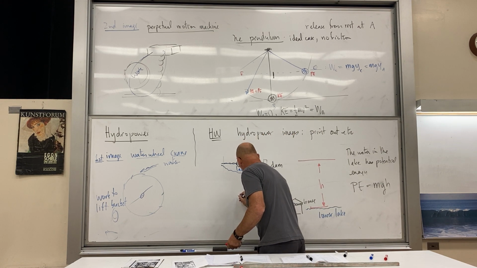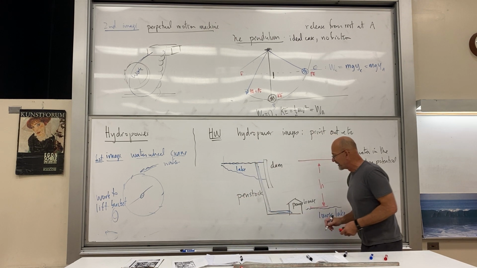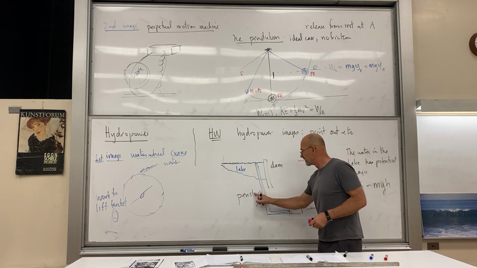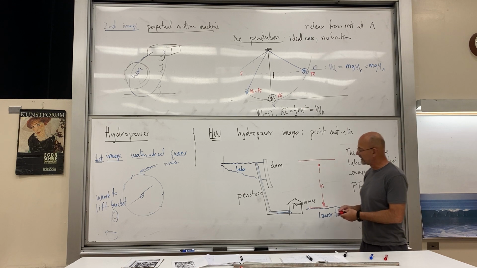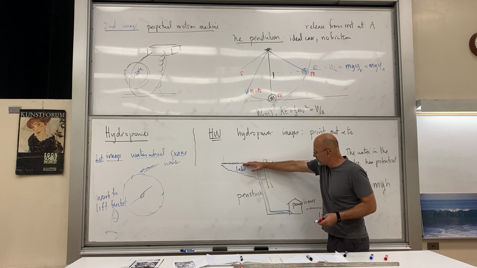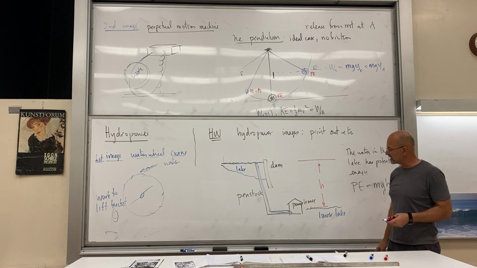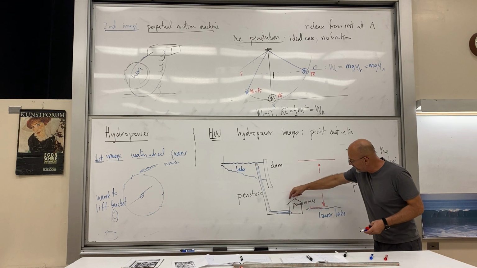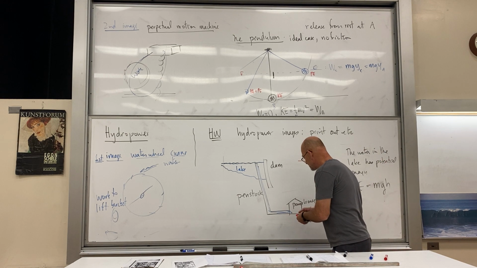You've got dams, you want to get pictures of a dam, you want to have the penstock. That's that pipe. And you could say, well, the water has potential energy up here, when it's rushing through the penstock, it has kinetic energy, and then it's going to spin the turbine down here, so there's a turbine inside the